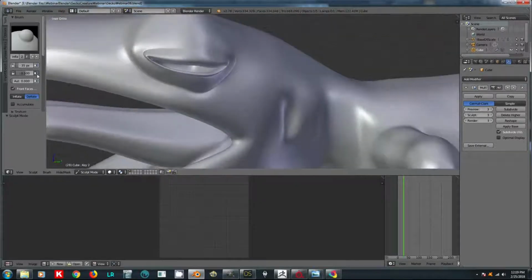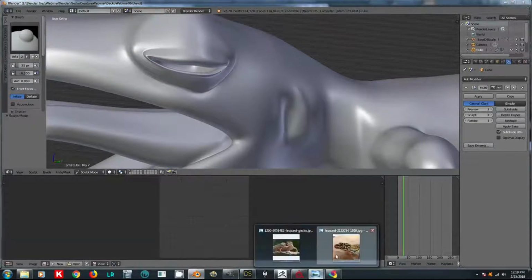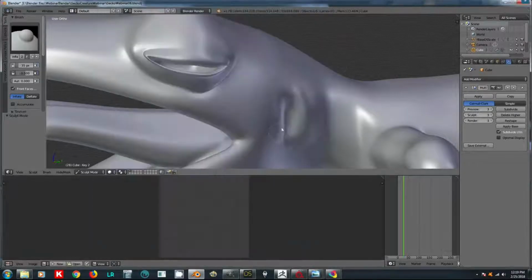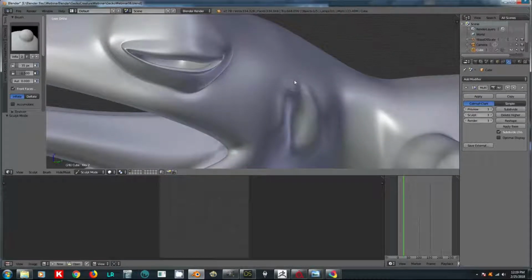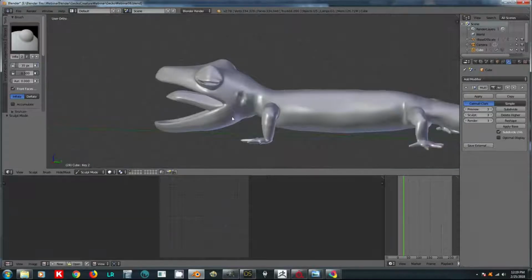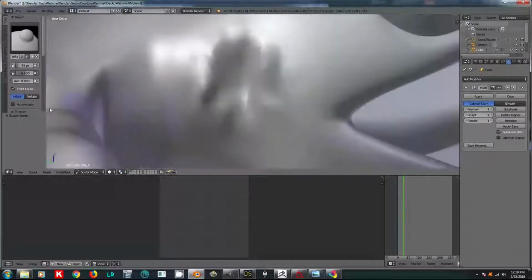And I might even inflate the edges a little bit around that, because if we look at our reference picture, you can also see that the gecko's got a sort of a lumpy ridge around the tympanum there to sort of direct sound waves into the membrane. So I might even lump that up a little bit around the edge there. Okay, there's a tympanum. It's on both sides. Deepen the hole even a little bit,